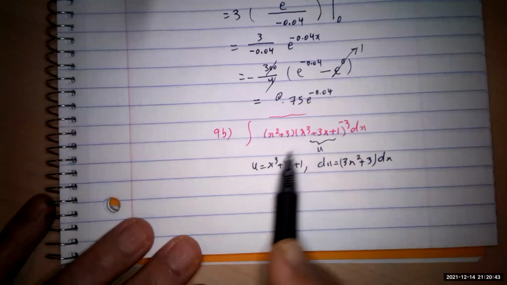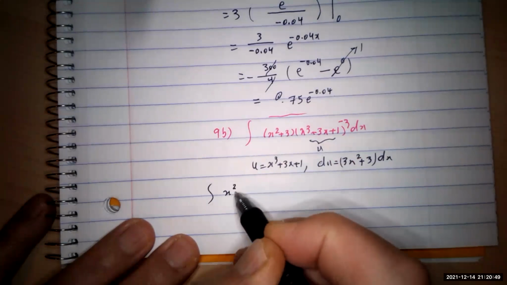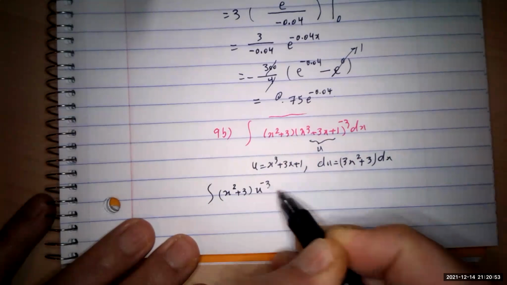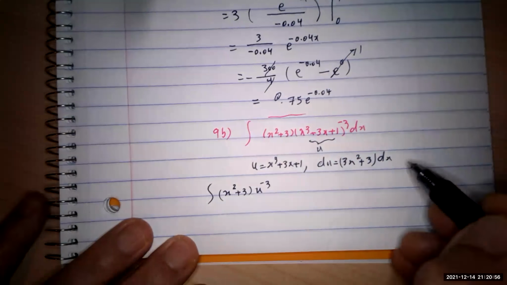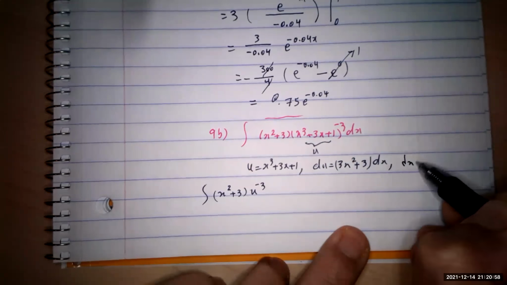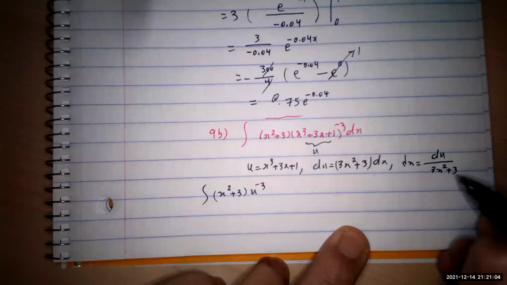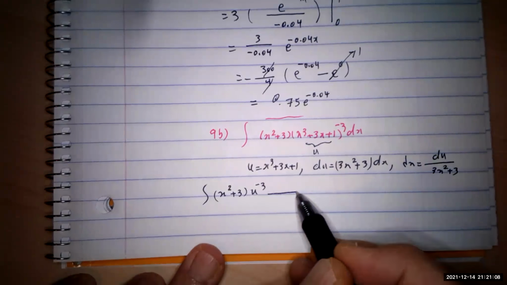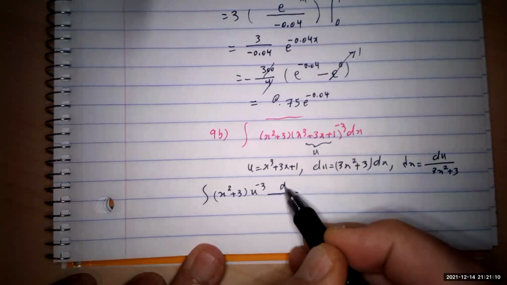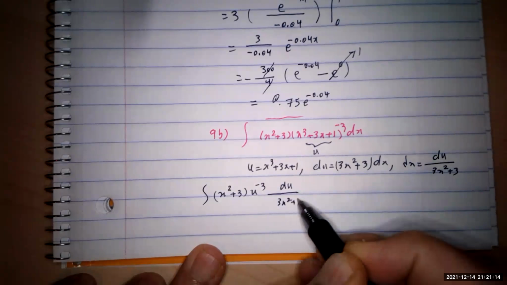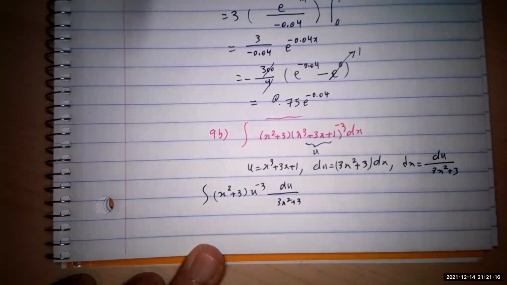This would end up with x squared plus 3, and this would be u to the negative 3. Then I have to find the dx. Dx is du over 3x squared plus 3. I know what your difficulty is now. If you substitute here, that gives you du over 3x squared plus 3. You see, to simplify it,